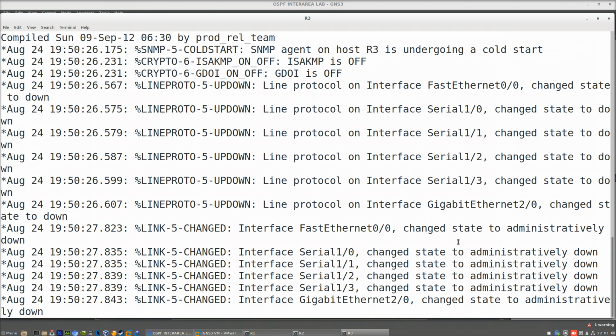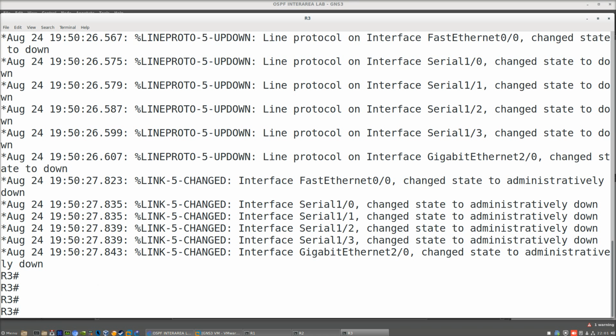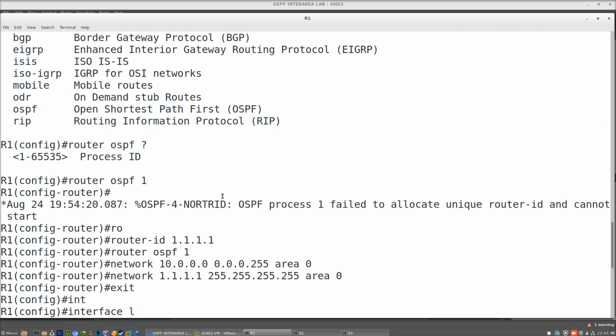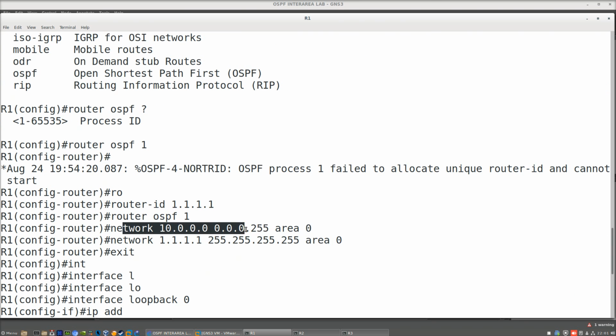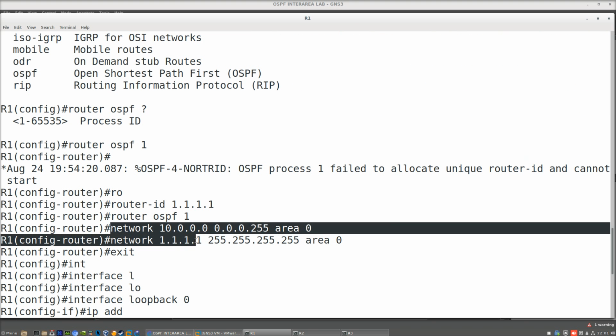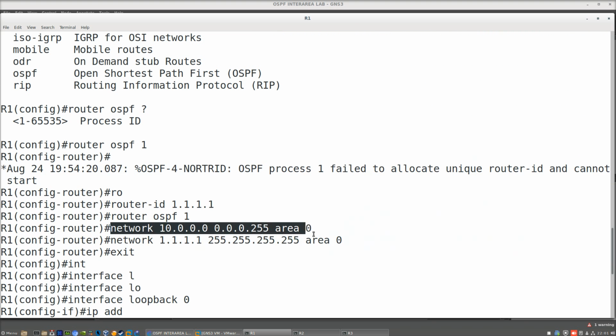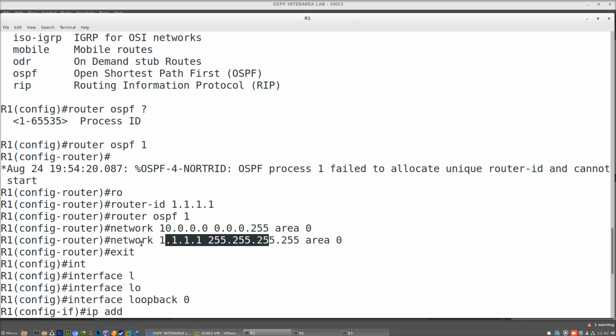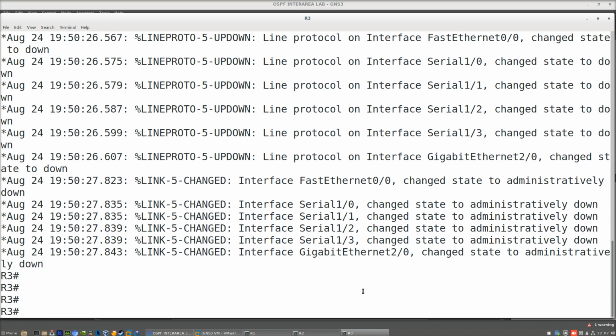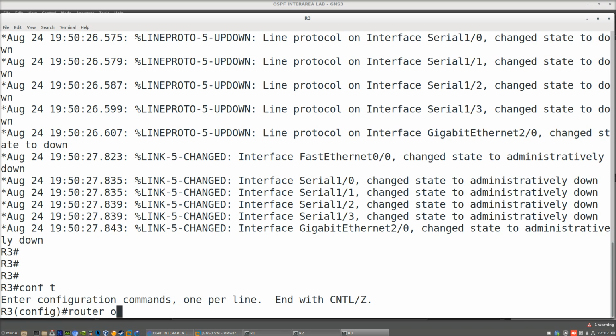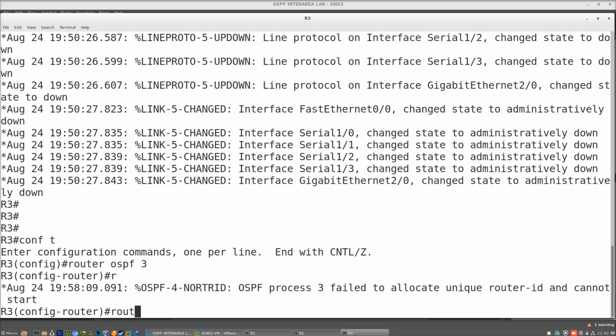And here I'm going to show you a trick, because when we do the networks here, we are not really advertising the network, and this is a point where many people get confused. We are just saying that if any interface we configure on this router falls under this network or this network, then it will participate in the OSPF process. So in router 3, let's do router ospf 3 now, and router ID